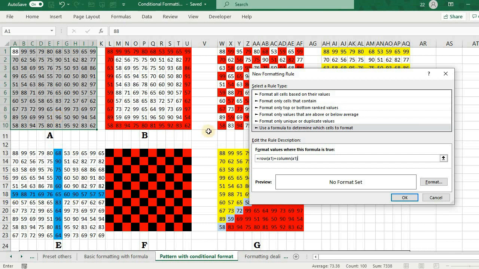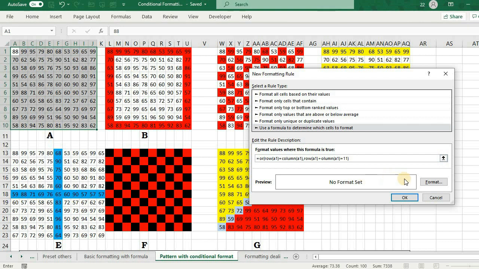So this is my one condition. I need one more condition, either this or row number plus column number makes 11.